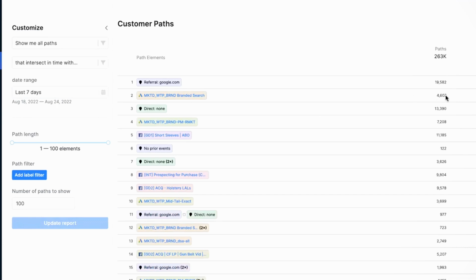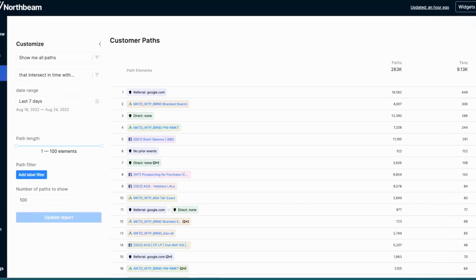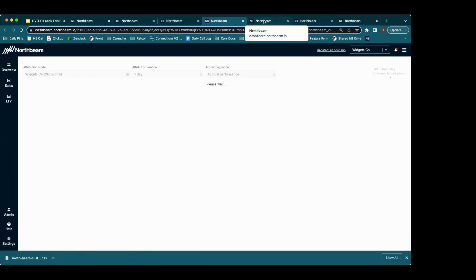And then again, if times are good and I don't need to worry about briefing or which campaigns I need to scale, maybe I can optimize on the site or some other things. I like to ask, what is driving our most action to the website? I see this branded search, another branded search in the short sleeves. And then I like to drill into these and specifically look at what other touch points across our campaigns, categories,